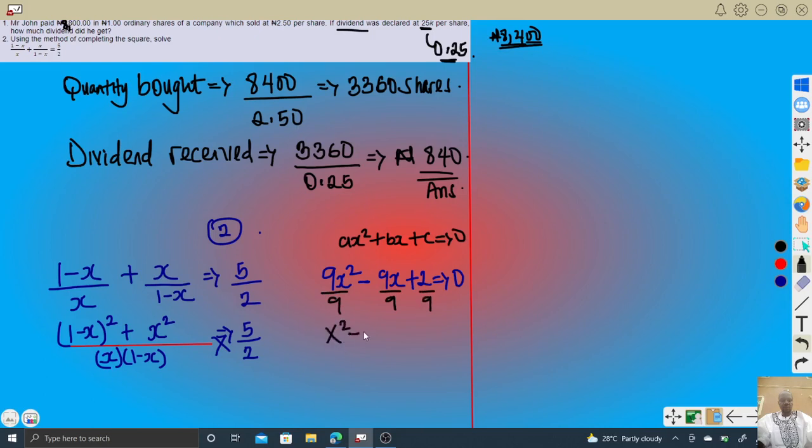So doing that, x squared minus x, as 9 over 9 is 1, plus 2 over 9 is equal to 0. So let's continue from this side. Using completing the square, the first method is to add to both sides, to make it a complete square. That's what I'm trying to do. If you want to rearrange before that, you can say x squared minus x is equal to minus 2 over 9. Then you say add to both sides the square